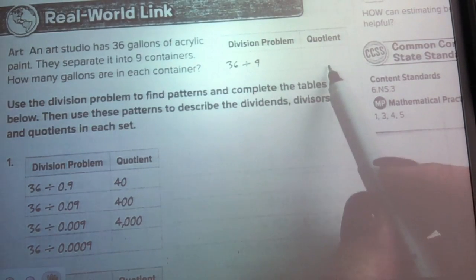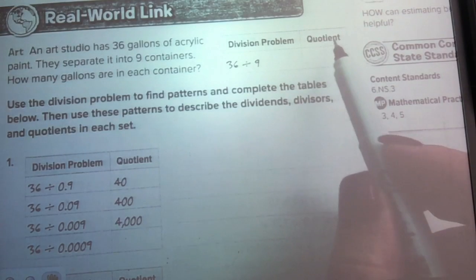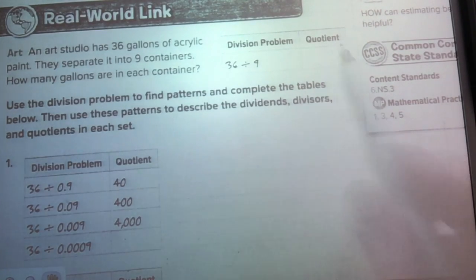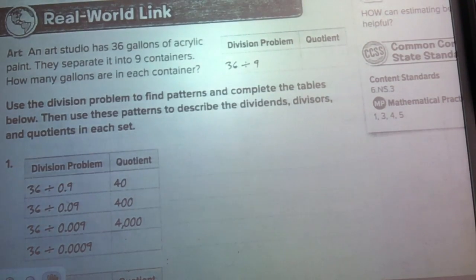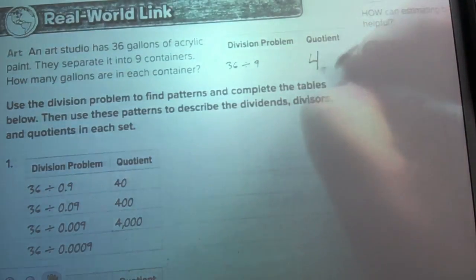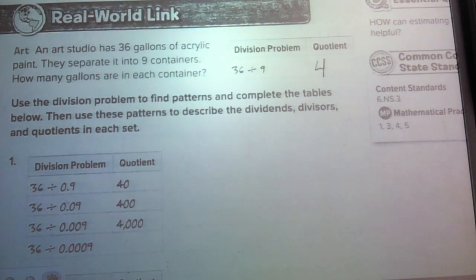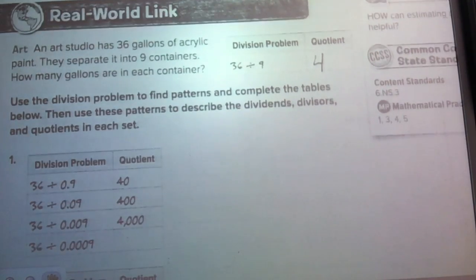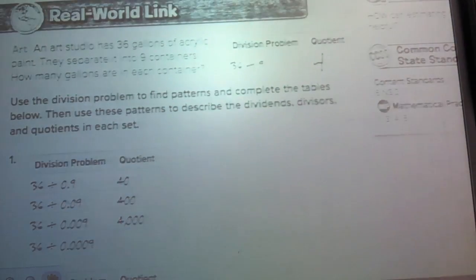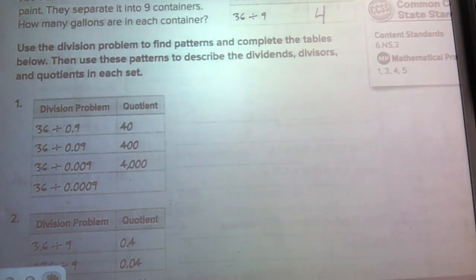And what would our quotient be? The quotient is also the answer to a division problem. Right, that would be 4. Okay, so they want us to use the division problem to find patterns and complete tables below. Then use these patterns to describe dividends, divisors, and quotients. So below it gives us this first example,